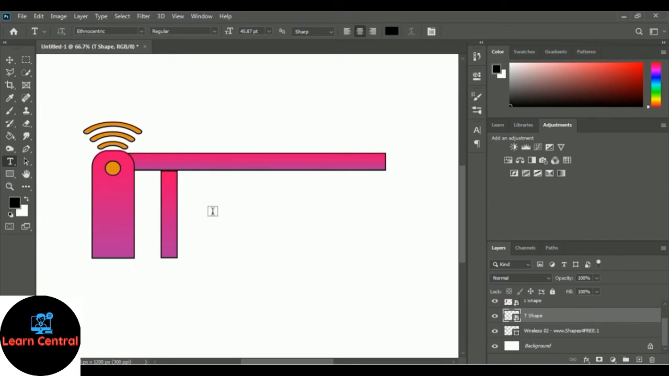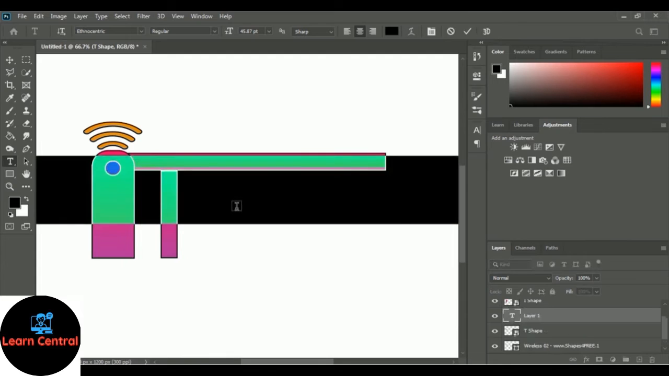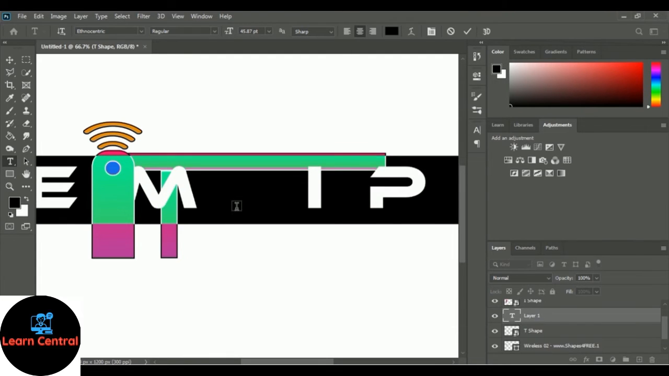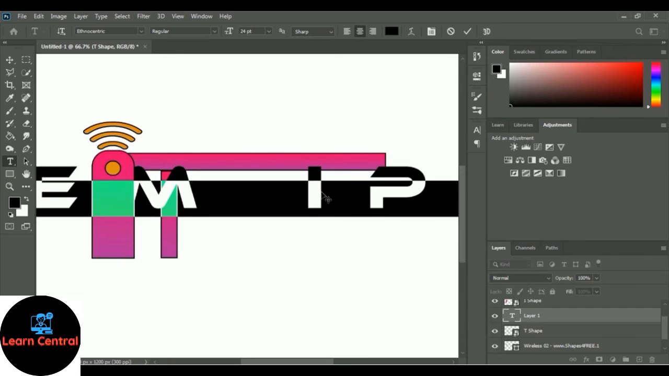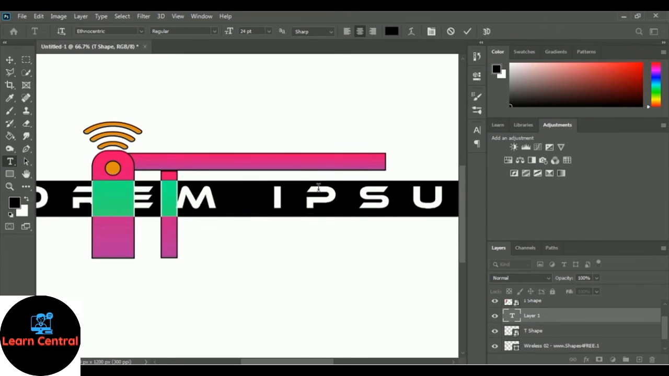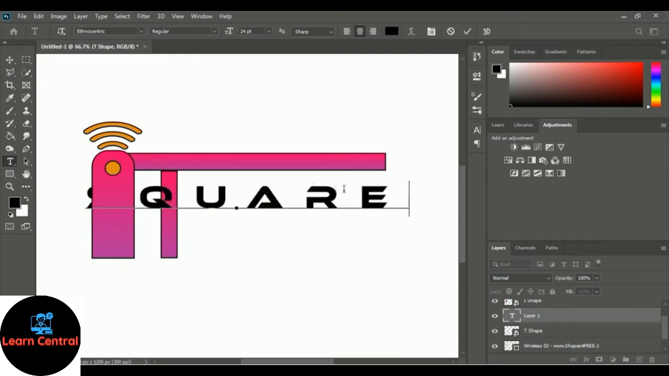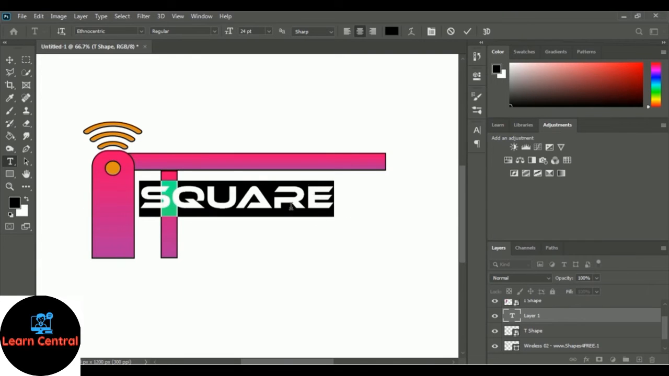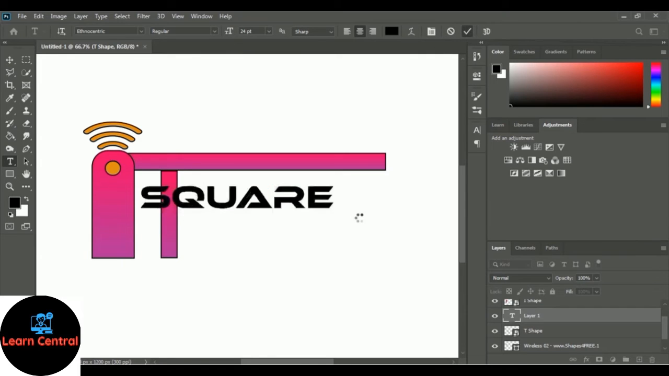So at first we have to write square and we will use this gradient as our fill color. So let me write square first. So here is the text, and let me decrease the size of font. I think 24 point will be better. So let me write square. Square. Okay, so here is the square, and let me click this tick mark,